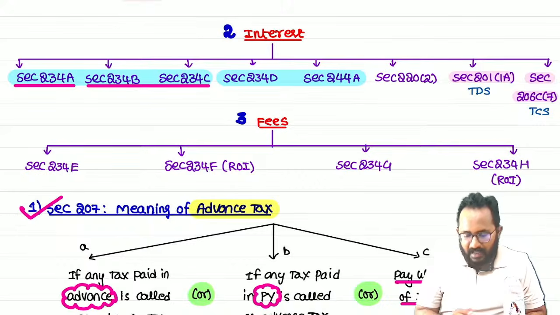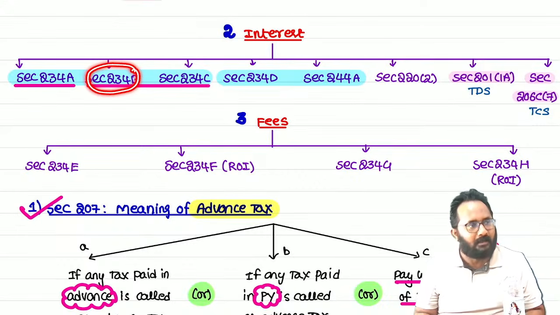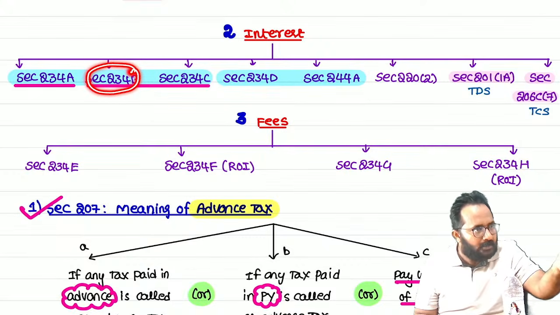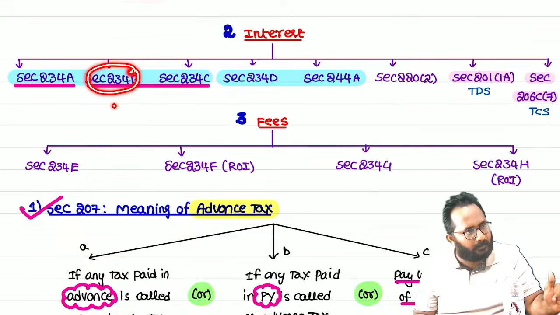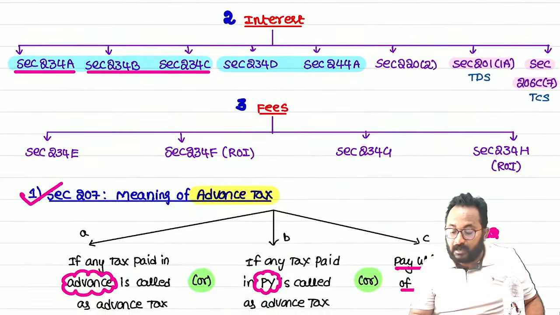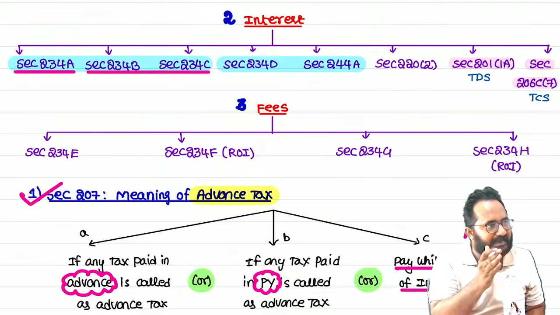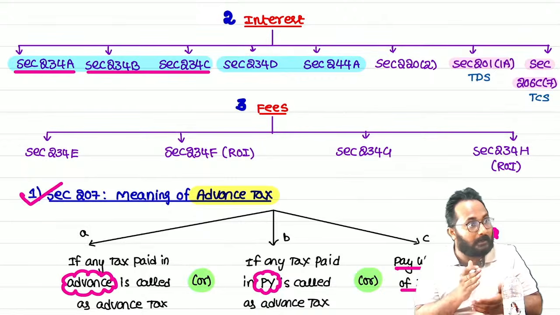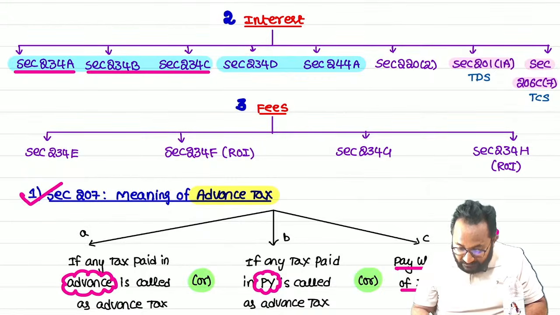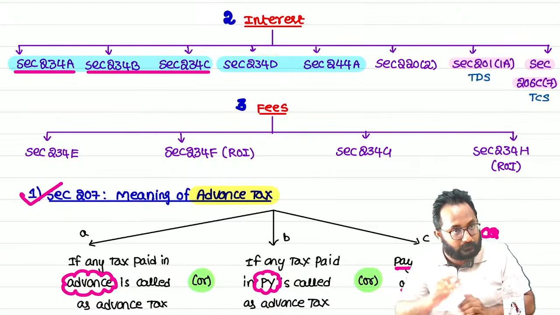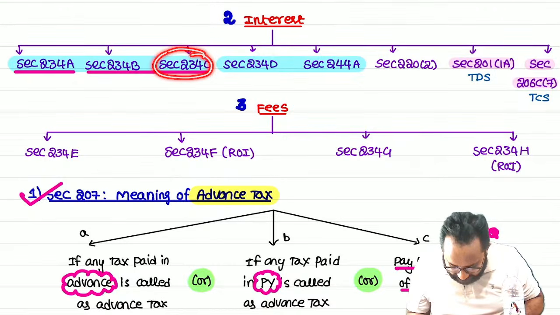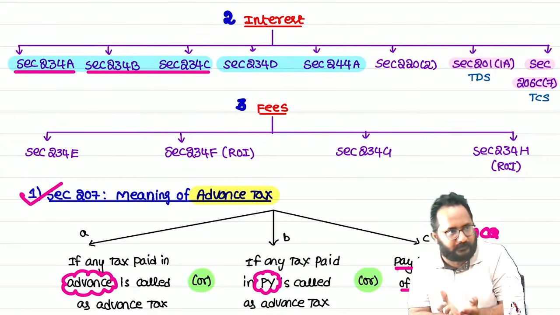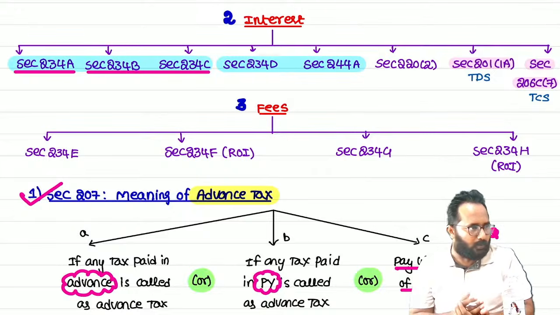Then what are the 234B, 234C provisions? Advance tax related. In total, if you have not paid or short paid advance tax during the previous year totally, that is 234B. Installment wise, first installment you have to clear how much? 15%. Second, 45. Third, 75. Fourth, 100. If you have not paid those installments properly, installment wise deferment or postponement is done, we have to calculate interest under section 234C. Many students don't know the difference between these two sections.